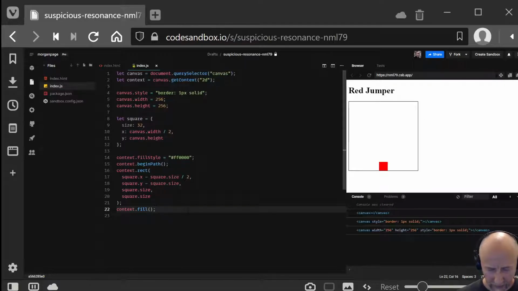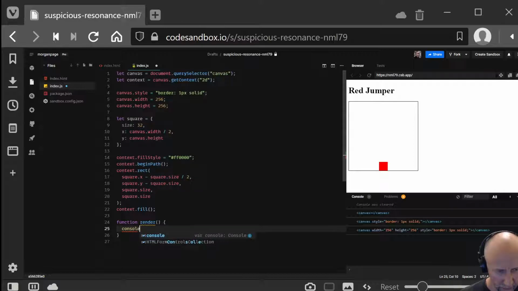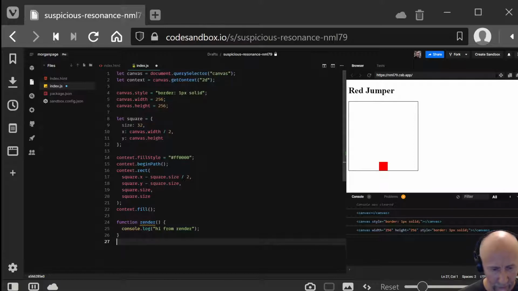If we come down here, I'm going to create a function. I could call it update, I could call it anything really. I'm going to call it render, and at the moment I'll console log out, just say "hi from render". Now I know that CodeSandbox.io actually hates console logging a lot, so I'll get rid of this quite quickly, otherwise I know this will probably start to fall over. But we'll probably get away with doing this for a moment,